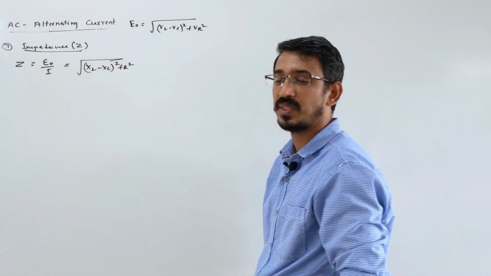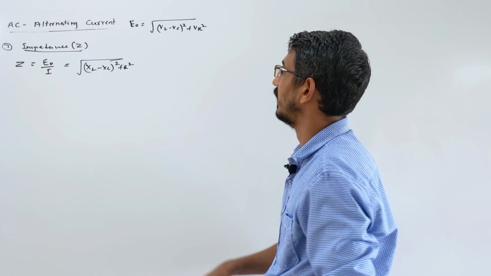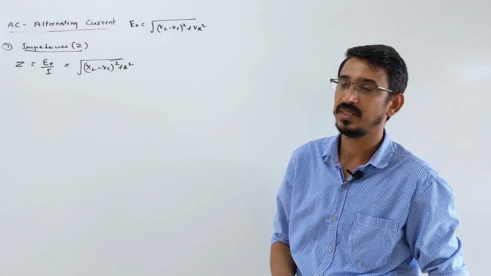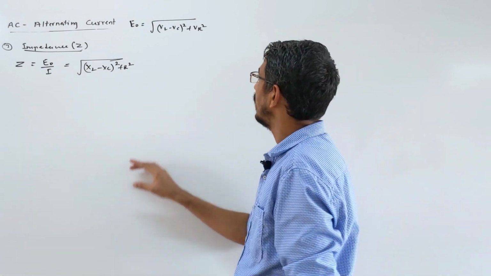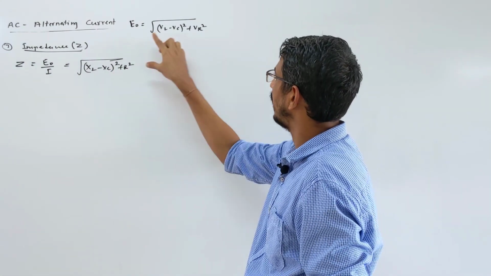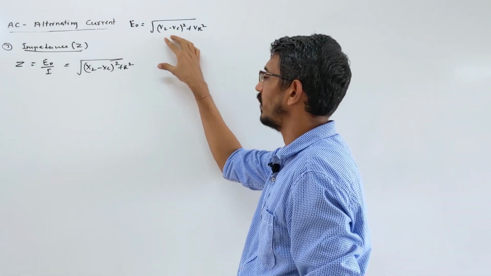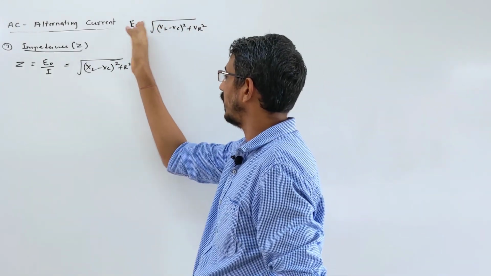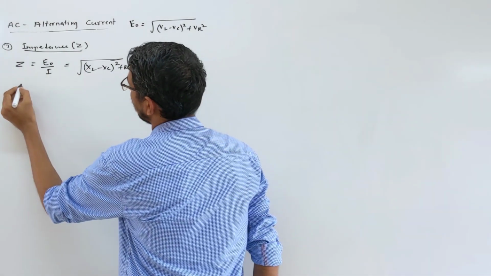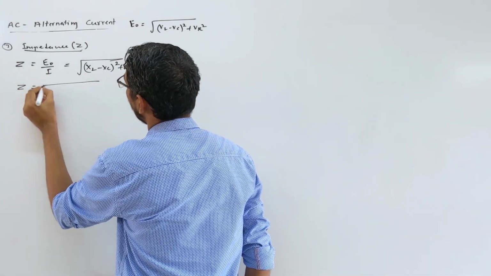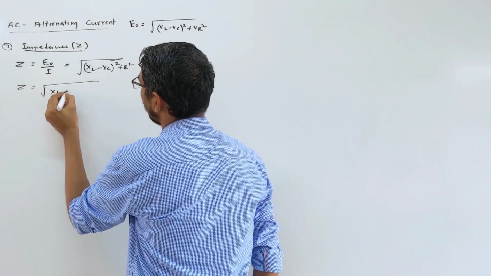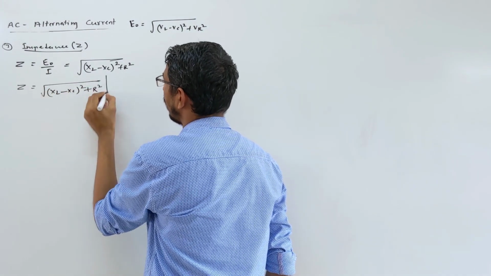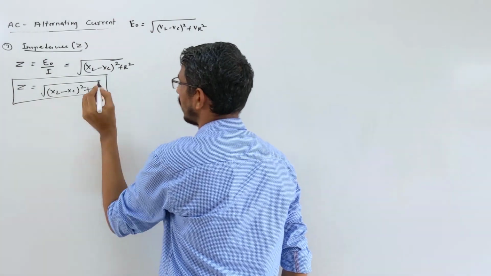This is the impedance of the circuit, the net resistance you can call it. So the net resistance offered by an RLC circuit to an AC current is your impedance. Look here, how I got this answer? I am just putting the value of all these voltage drops: I into XL, I into XC, I into R. I took I common and divided. So you can write once more, Z is nothing but root of (XL minus XC) whole square plus R square. This is your net impedance of the circuit.